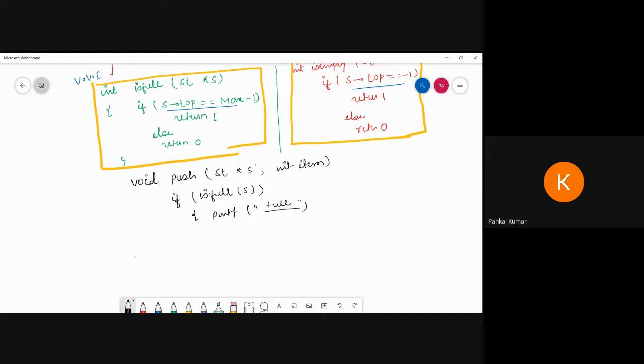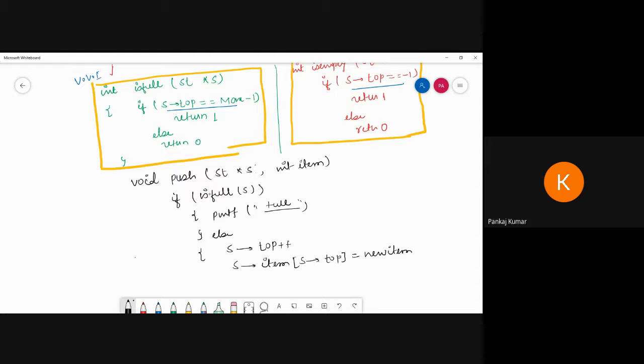Otherwise, what do we have to do? Otherwise, we have to perform this operation. We have to do top++, and we have to store the item. Where to store? In the stack where top is equal to the new item.